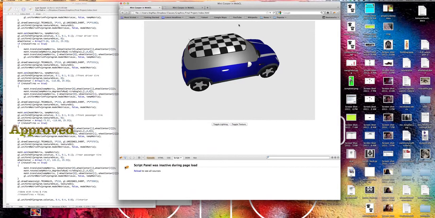I would say we definitely learned similar things to what we learned with OpenGL. The initial